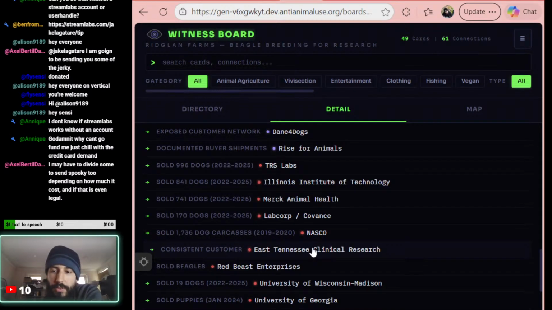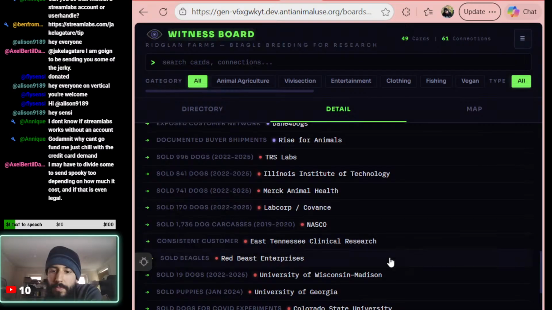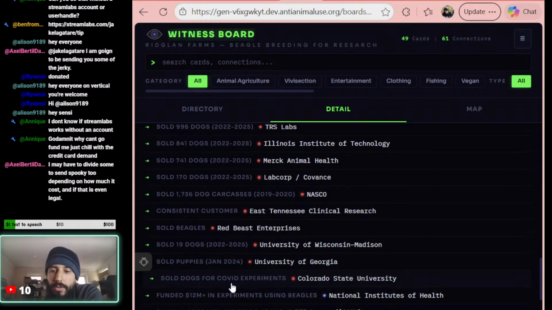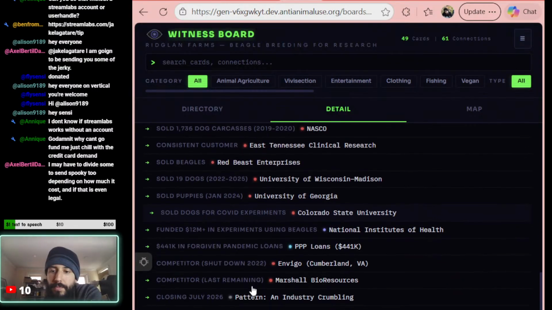That's just so crazy to me. Consistent customer, sold beagles, sold puppies, sold dogs for COVID experiments. Competitor was shut down. Competitor last remaining.